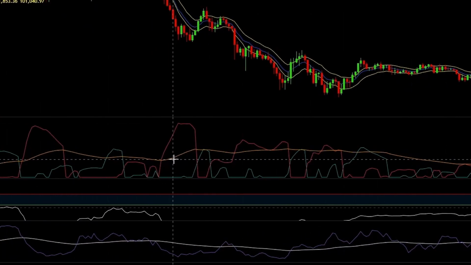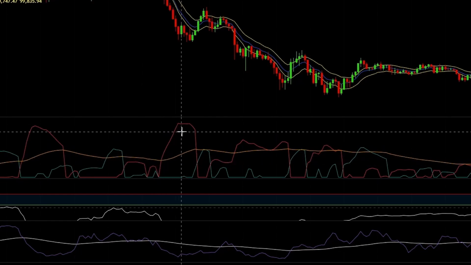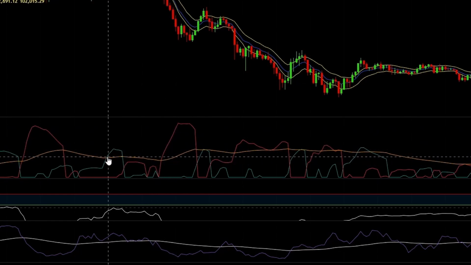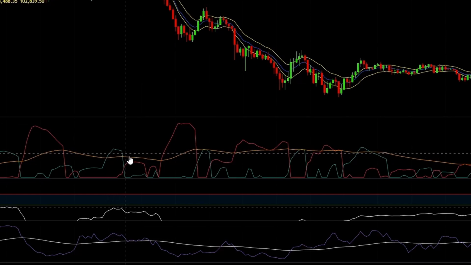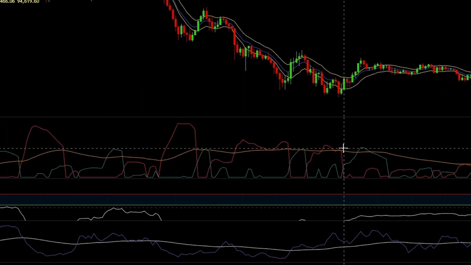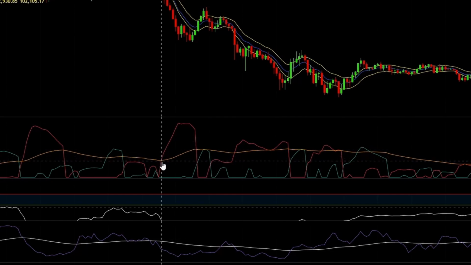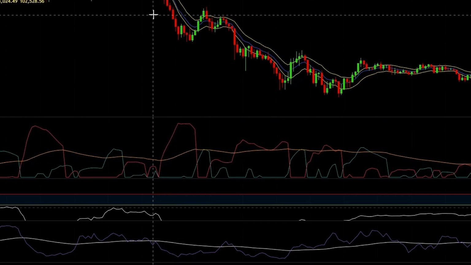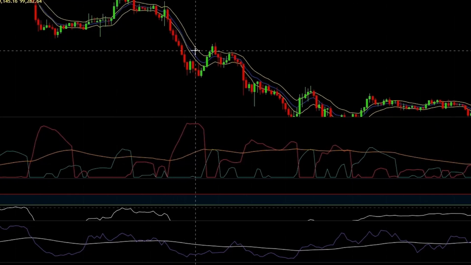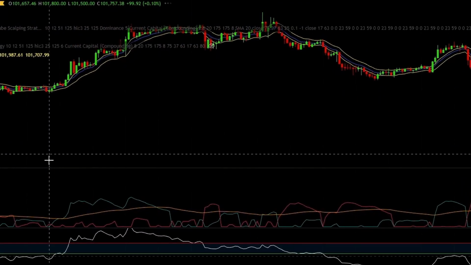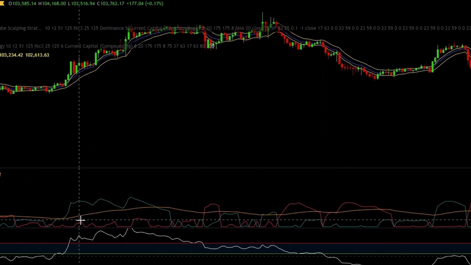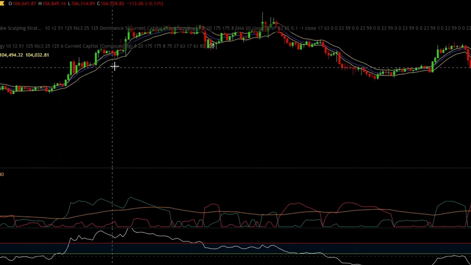If you take a look on this indicator, first it might be confusing, but it's pretty simple to use. We have a red line, which represents the bearish power, and the green line, which represents the bullish power, and we have this yellow line, which generally works as the dead zone line in the Waddah Attar, so it's a baseline. When the red line is on top, so it's above both the yellow and the green line, it means there is a strong bearish momentum, and it shows clearly on the price. And when the green line is above the yellow and the red line, it means that buyers are in more